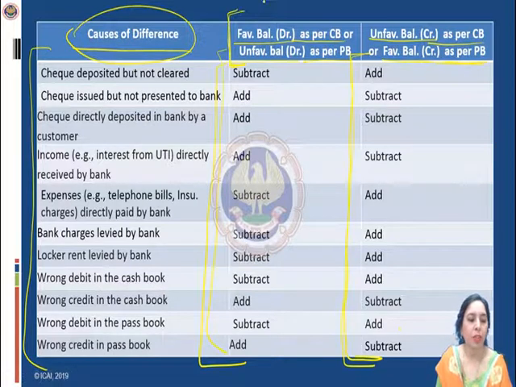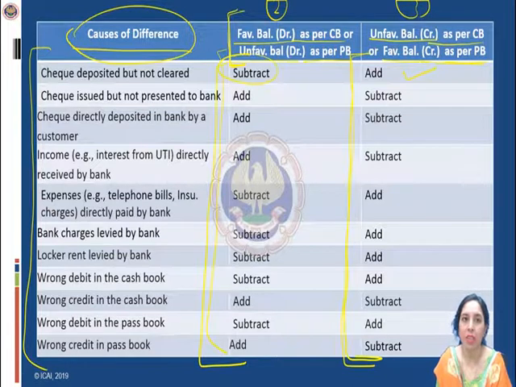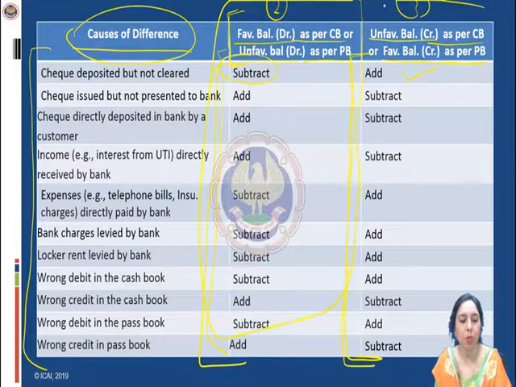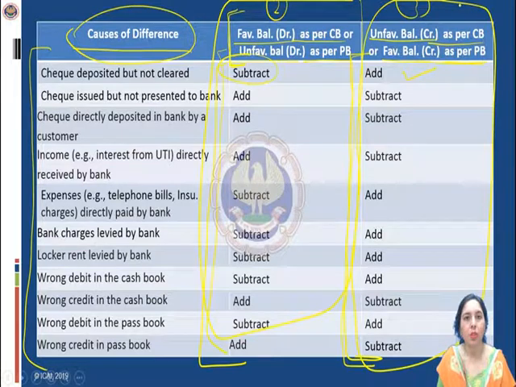That means for the column number 2, the item that is to be subtracted will be added in case you are starting with the balances of column number 3. This is very, very careful. So you can either proceed with column number 2 method, or you can proceed with column number 3 method, depending upon the choice of the student or depending upon your interest. Let's go through these transactions one by one and see their effect.